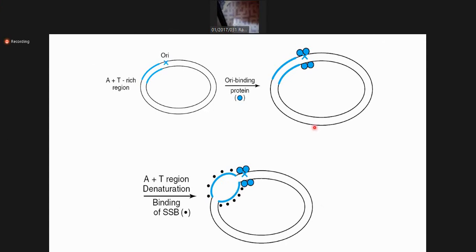Not only from reassociation, but also protects them from the